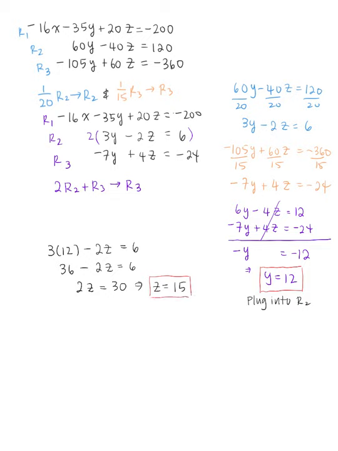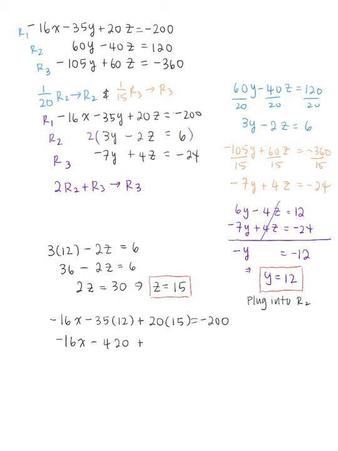Okay, now let's get our x by plugging these values into the first equation, which is row 1. So now we're going to get negative 16x minus 35 times y, which is 12, and then plus 20 times z, which is 15, equals negative 200. So that's negative 16x, and then minus, what is that, 35 times 12 is 420, and then plus 20 times